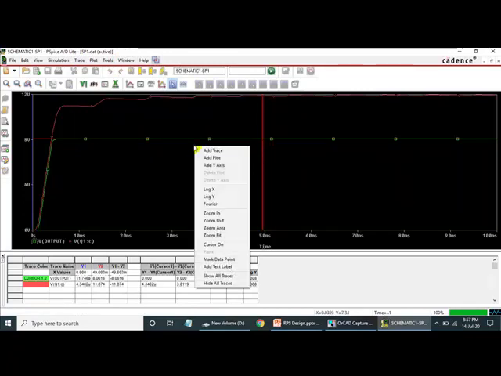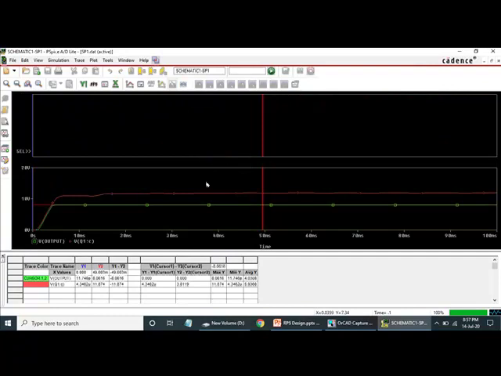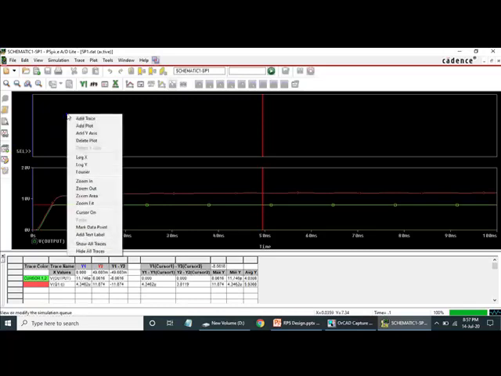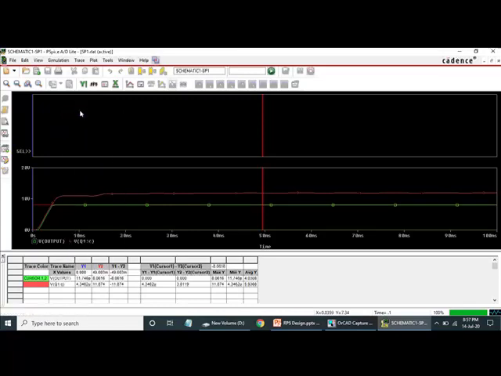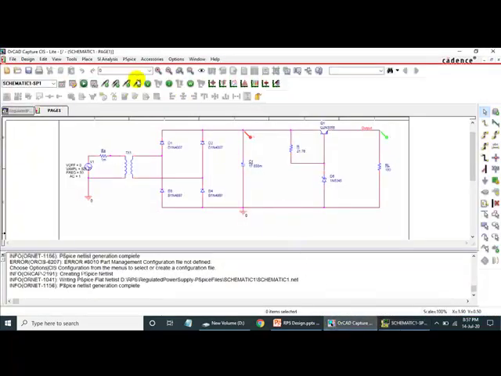So I'll right click and I'll add one more plot. So this is for the voltage, this is for the current. So I'll click somewhere on this plot. Right click, or what you can do is go here, select the current marker and place it on pin one side of the resistance.